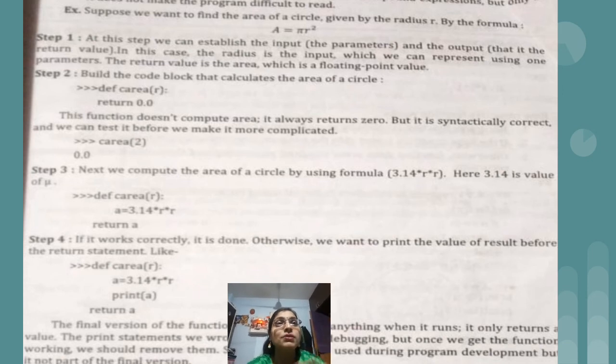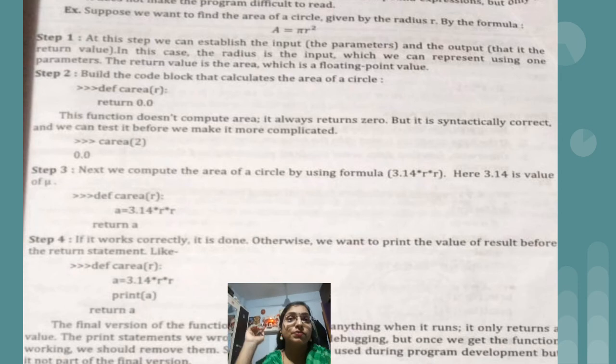So I hope this is clear to all. Incremental development means what? We are not going to write the entire code at the same time. Step by step we will add one line so that it will be easy for you. Definitely, if first we have 2 lines and we are not getting any errors, then we add one more line. After that, if we get an error, then we will have a clear idea: yes, I added this line because of which we are getting the error. So error finding or debugging is very easy. So this is the topic, incremental development. I hope this is clear to you.